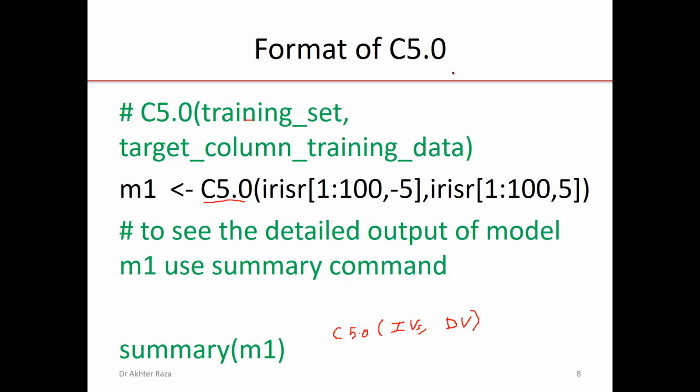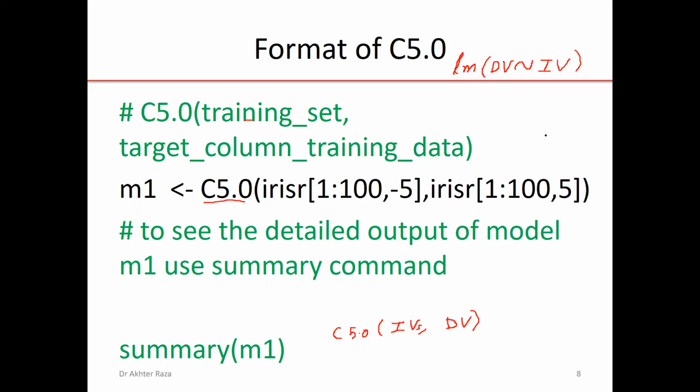While in the linear model, I specified the dependent variable with the tilde symbol and then the independent variables. All of you are familiar with the function. The linear model has this format, but C5.0 has a reverse format. Here, independent variables are specified first and the dependent variable later on.